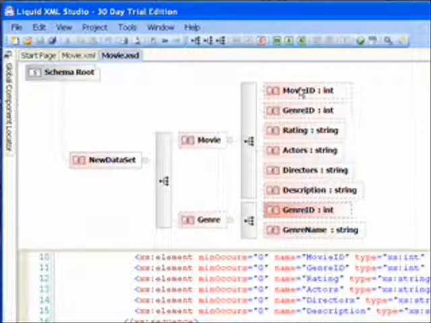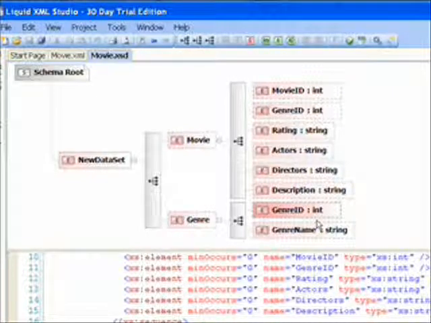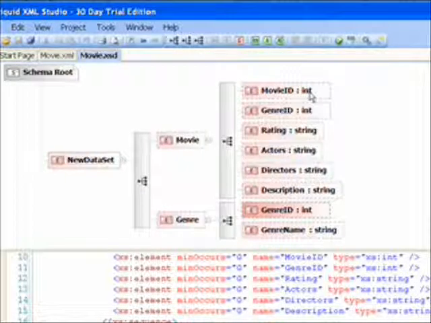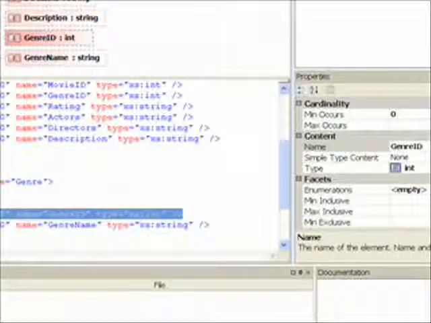And originally I generated this schema using Liquid XML Studio, the 30-day trial, because I can't really afford it. And these were all strings when I generated it, and some of them should be ints, so I changed the data type to int using the properties window down here.